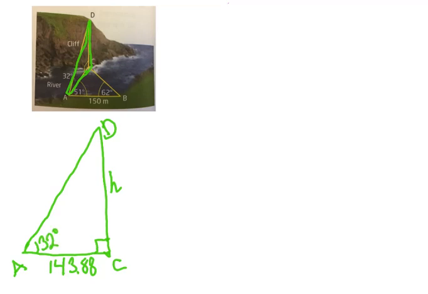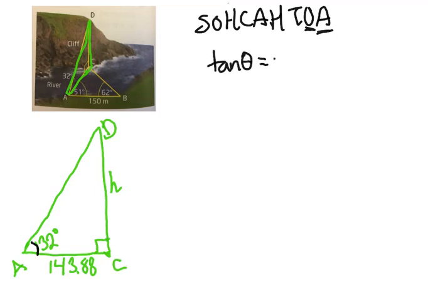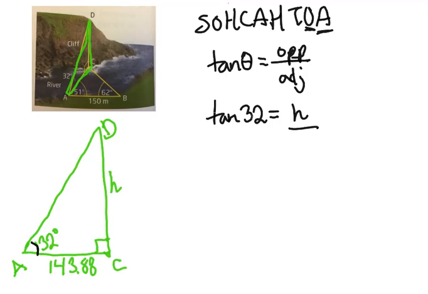So because this is a right angle triangle, I can actually use Sohcahtoa to solve this one. So if I write out Sohcahtoa, notice I'm looking for the opposite side, if this is the angle I know. And what I know is the adjacent, so it makes sense to use the TOA part. So tan of my angle will be the opposite divided by the adjacent. Now the angle that I have is 32 degrees. The opposite side is height, so not hypotenuse again, but height,